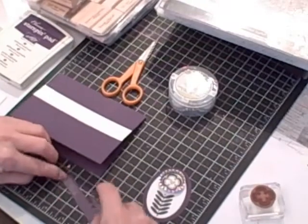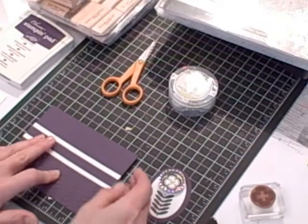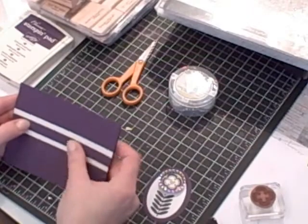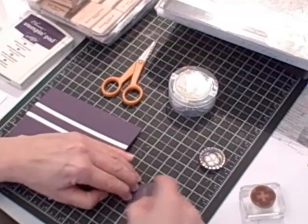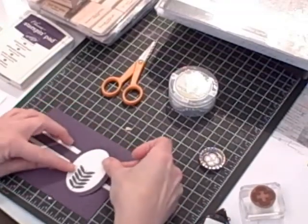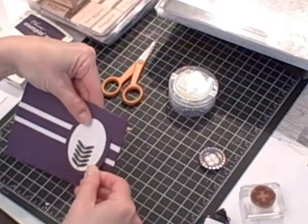And then I'm going to make sort of a little belt across it using some scrap Elegant Eggplant cardstock, like so. And then I'm going to turn over my flower embellishment. That's the oval, and I'm going to add it to the front of the card,